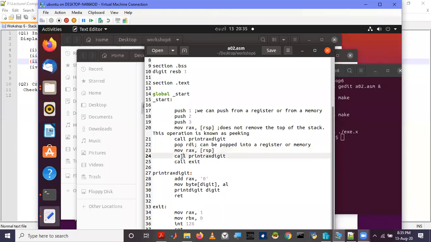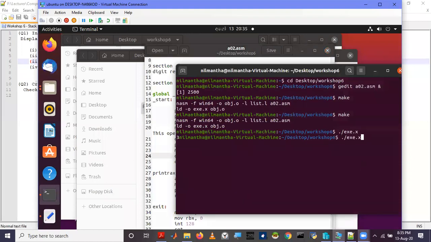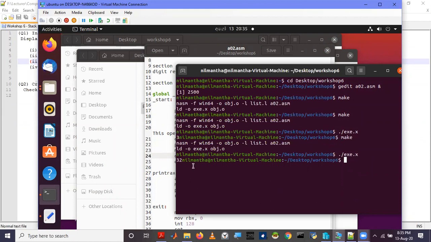So we'll see whether this works. Yes, it is now showing 2 because 3 has been popped into RDI. It is no longer there in the stack. What is at the top of the stack now is 2. So it is showing 2.